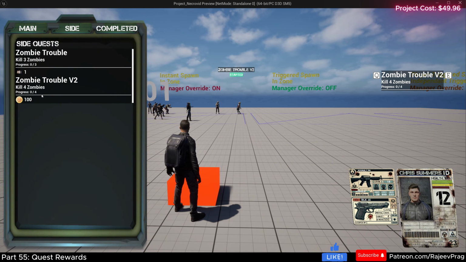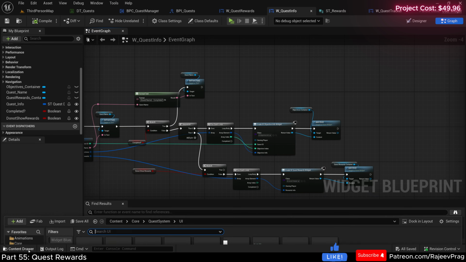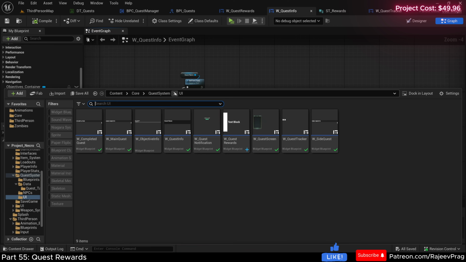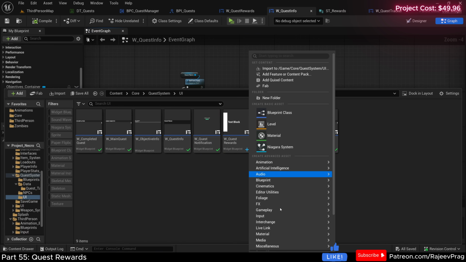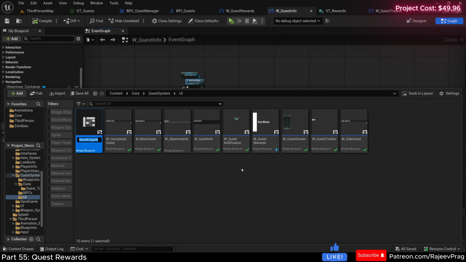Now, the last thing I want to do is on the right side or the left side, doesn't matter. I want to add in a little notification showing what are the rewards that the player just got for completing the quest. For this, we're going to go to our content drawer for our quest system UI folder. And then we're going to create a new user interface widget. And user widget, this will be